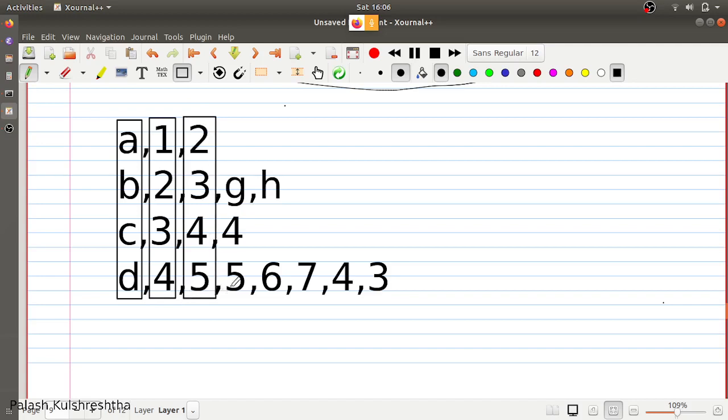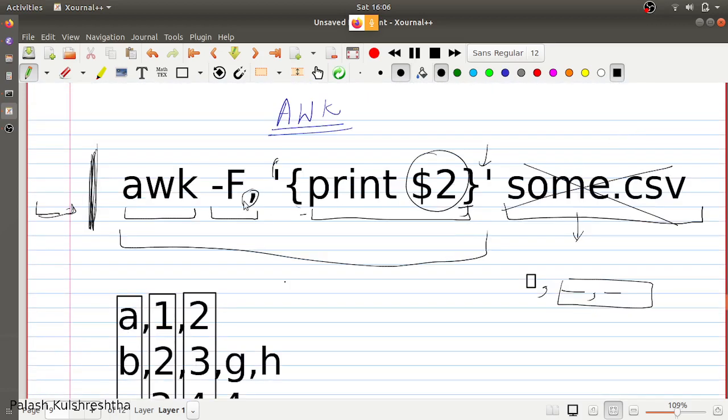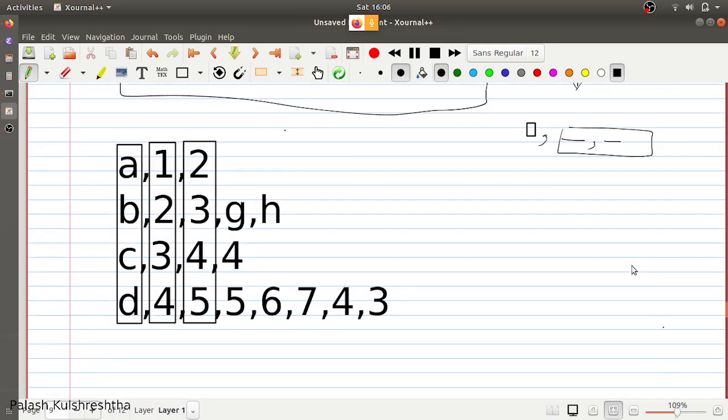The separator can be anything. Comma can be a separator, space can be a separator, or underscore can be a separator. You can consider any character as a separator. You just have to give it in the hyphen F option. You can also give multiple separators as well. We'll be discussing that, but let's consider a single separator, comma, for the moment.